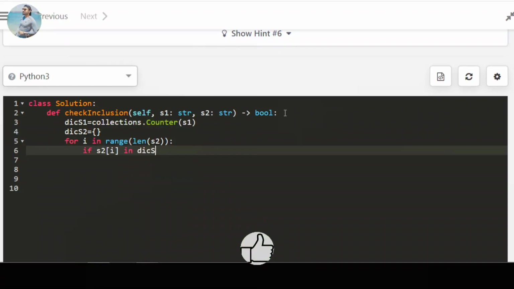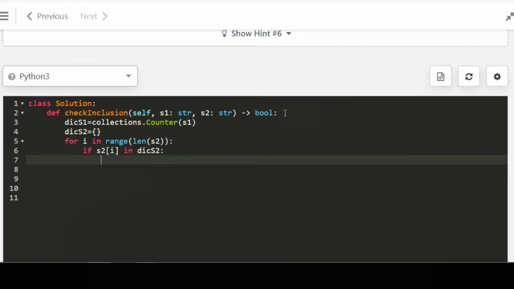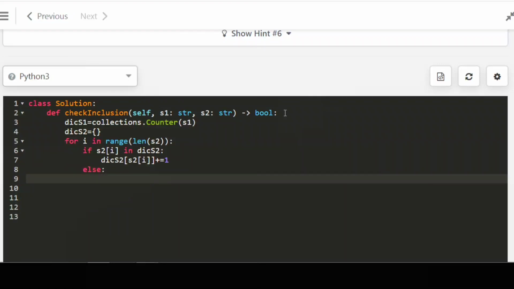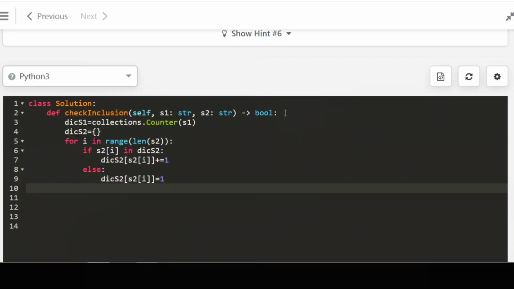If the character of S2 is already present in the dictionary, we increase its value by 1. If it is not present, we add the character as a key with value 1.